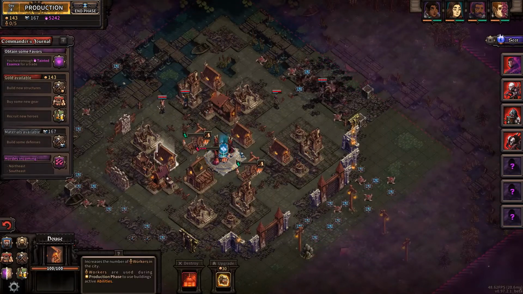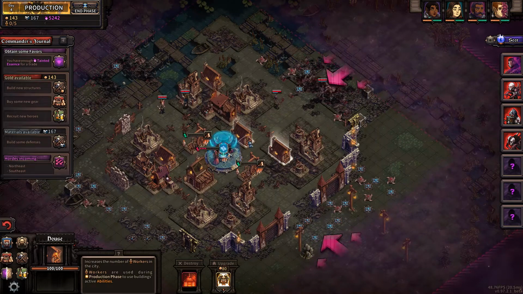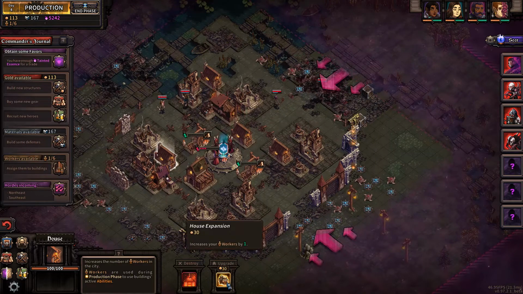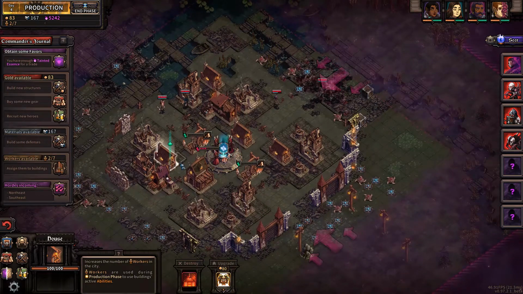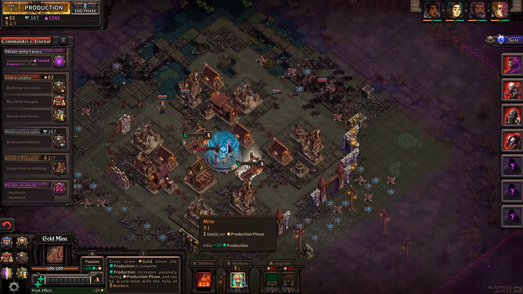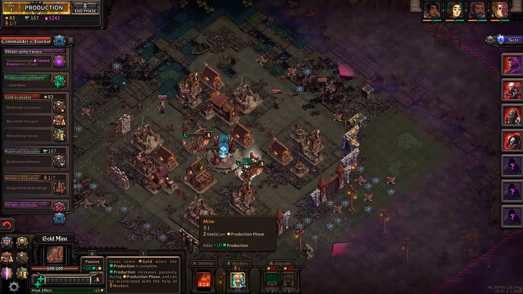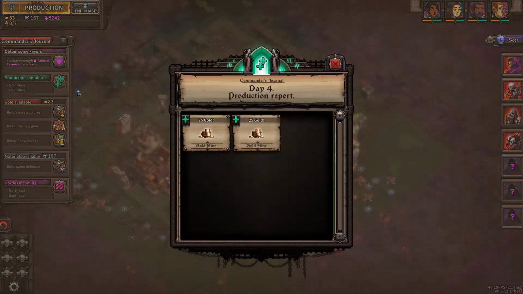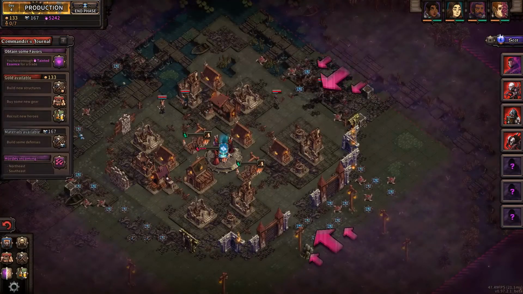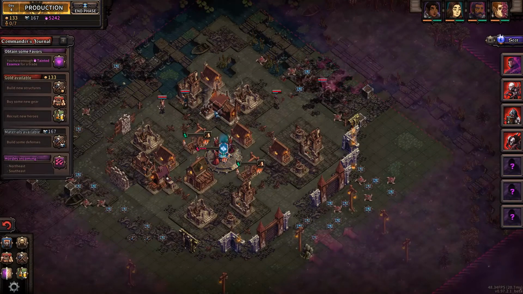Let's see. Okay, so this house has been upgraded. These 2 have not. We can upgrade them. So we get 2 more workers. We can process this other mine and get some cash. All right, 133. Now, there's a couple options, but realistically, I think again we should probably